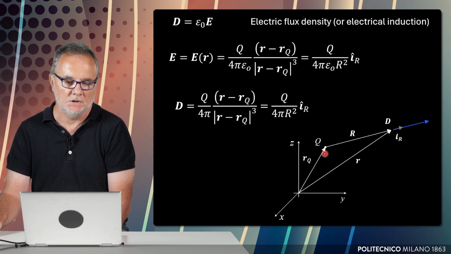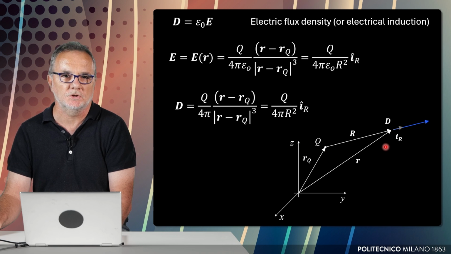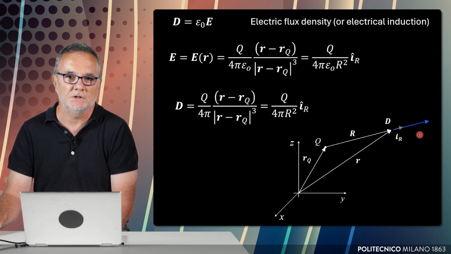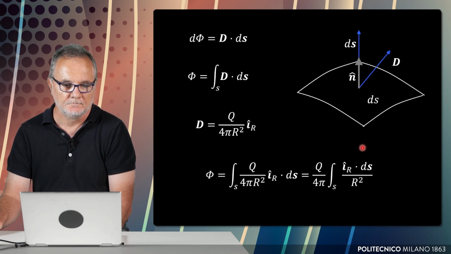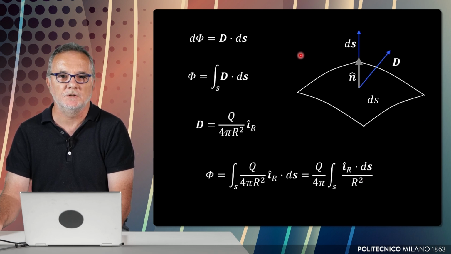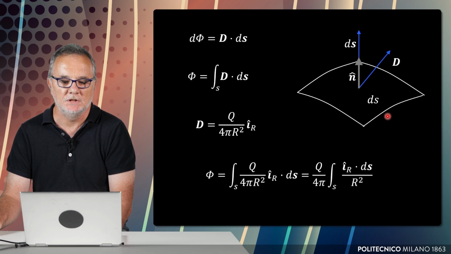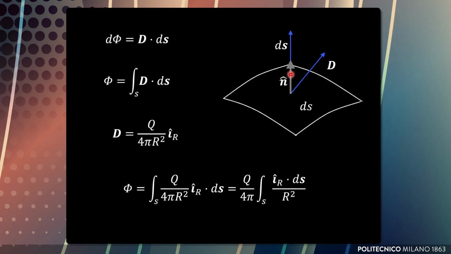And also the plot in which we indicate the various positions of the charges and of the direction of the D field is very similar to the previous cases. The name electric flux density is given to the following observation. Let's compute the flux of D through an elementary surface ds, on which a normal unit vector is drawn. The total flux of D is obtained by integrating the elementary flux over the whole of the surface.